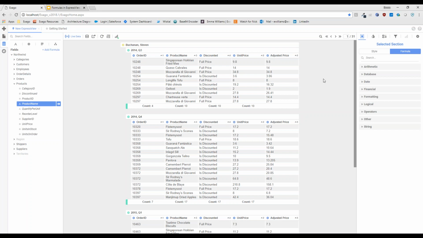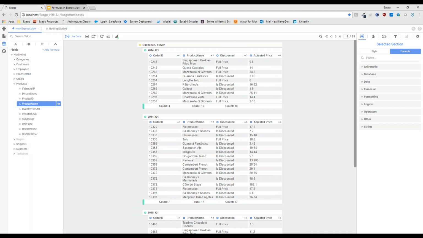All right. So again, there's still no questions. It looks like everybody's doing really well, staying on top of things here. So good job, everybody. I'm going to remove the unit price field from my canvas since now really what I'm interested in is the adjusted price, and I have that displaying here.